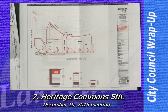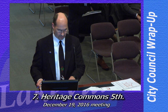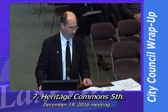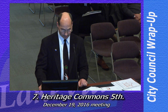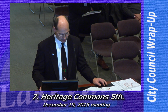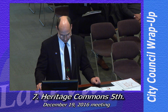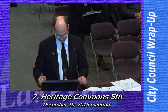Those signs would exceed what the typical C3 district ordinance standards would allow. Thus, the amendment for the PUD that's being proposed by the property owner and developer in conjunction with this preliminary and final plat. The Planning Commission actually considered these applications at 2 separate meetings. The preliminary and final plat public hearing was at their October 6th meeting and was unanimously recommended for approval. There was no public comment at that time. And then the PUD amendment for the signage was considered at their December 8th meeting. Again, no public comment, and unanimous recommendation of approval